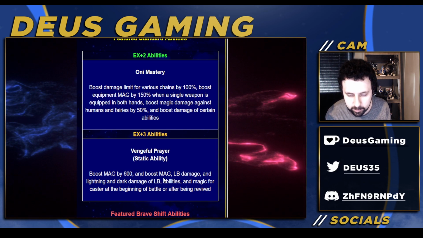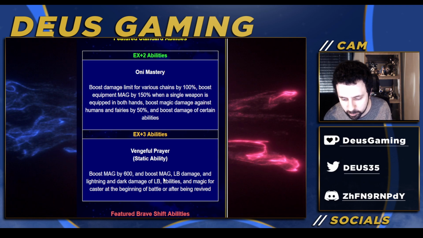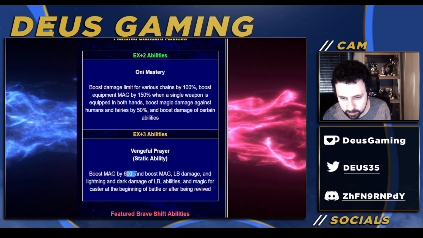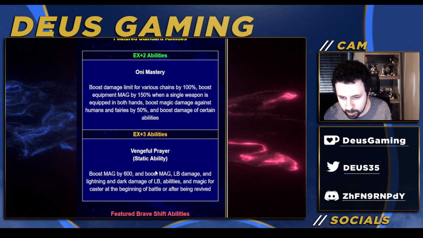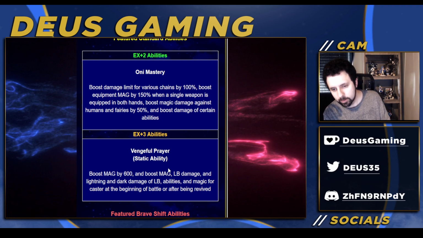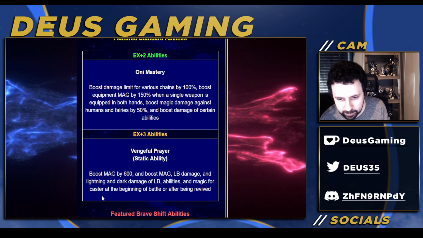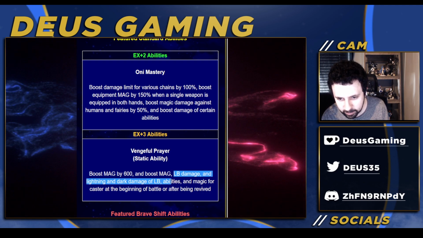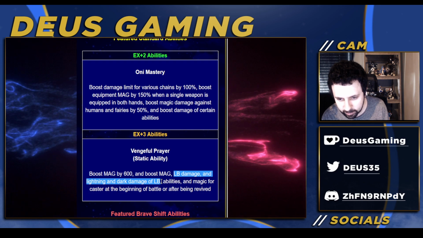Boost magic, because I think even at EX3 you can't really get her that high of a stat gain. So I really wish this was 1,000. That would be pretty fair. Boost magic, LB damage, and lightning and dark damage of LB. This sounds to me like a preemptive ability,